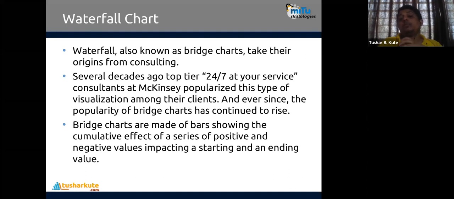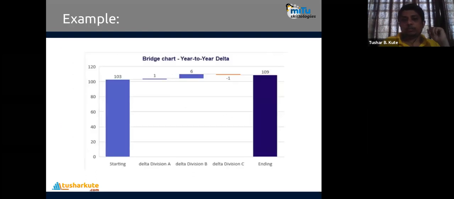Bridge charts are made of bars showing the cumulative effect of a series of positive and negative values from start to end. What was your start? What is your end? How you have achieved the end from the start can be shown by using the waterfall chart. For example, I'm starting with 103 million revenue, and I've ended with 109 million revenue.